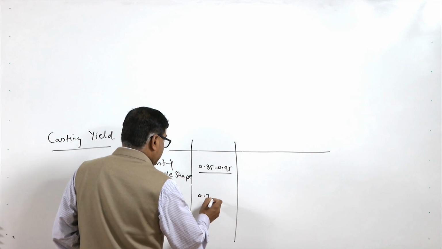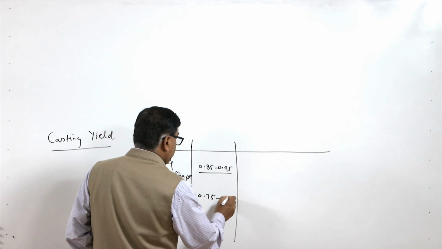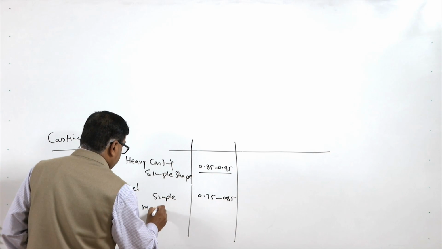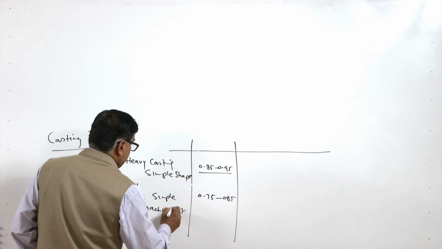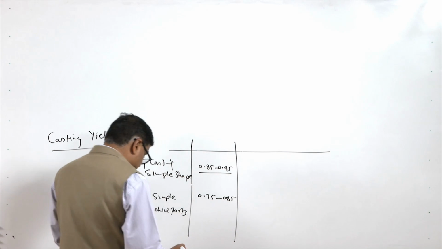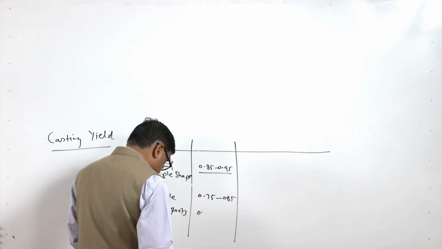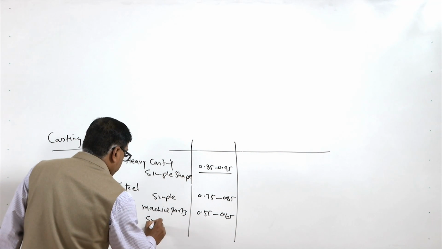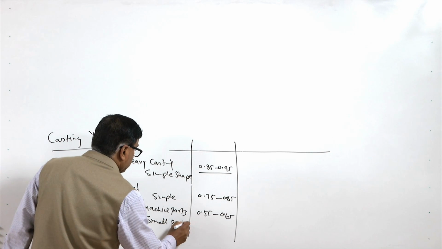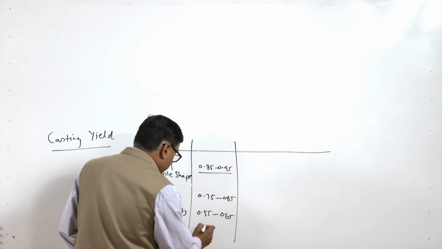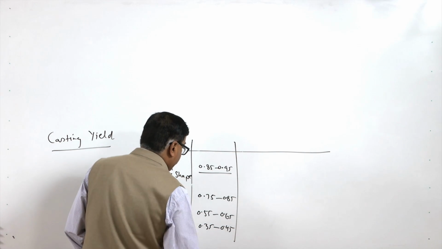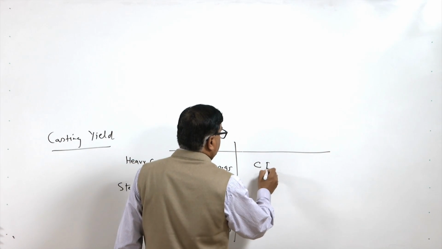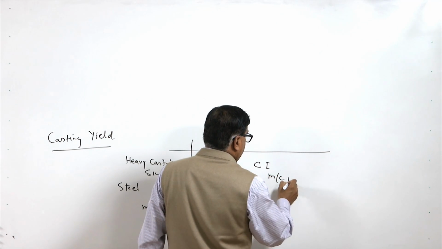It is 0.75 to 0.85. For the machine parts, heavy machine parts made of the steel, the yield is in the range of 0.55 to 0.65, while in case of the small parts, the yield is found to be in the range of 0.35 to 0.45. If we consider the cast iron, so in the same way cast iron for the machine parts,